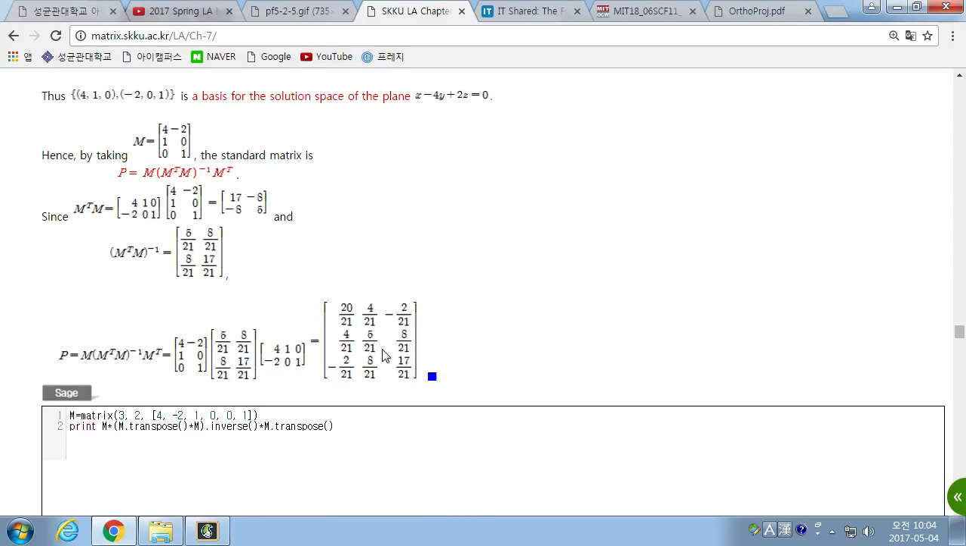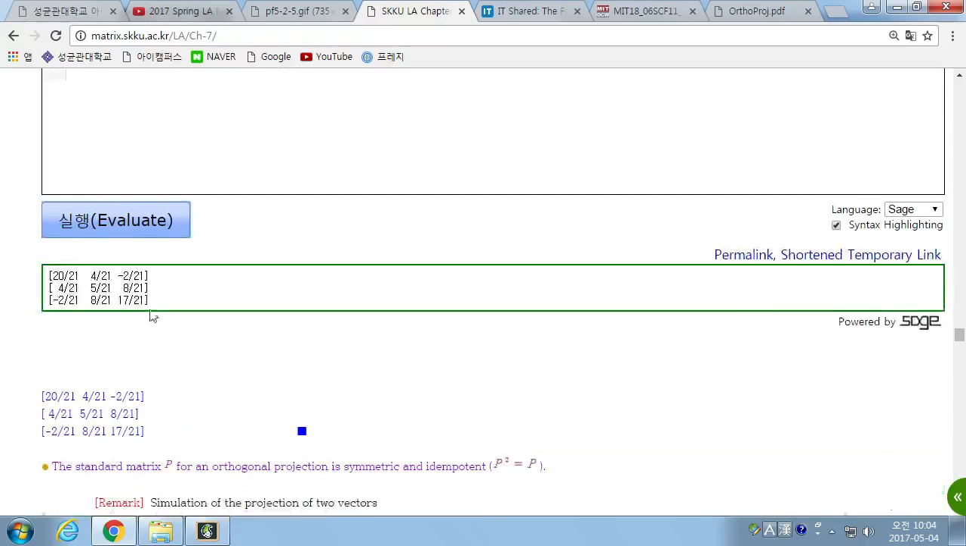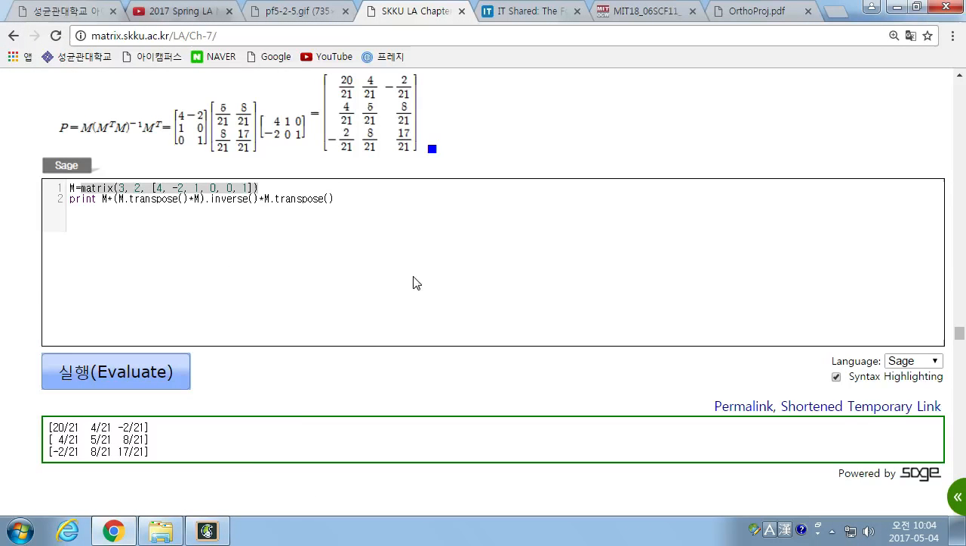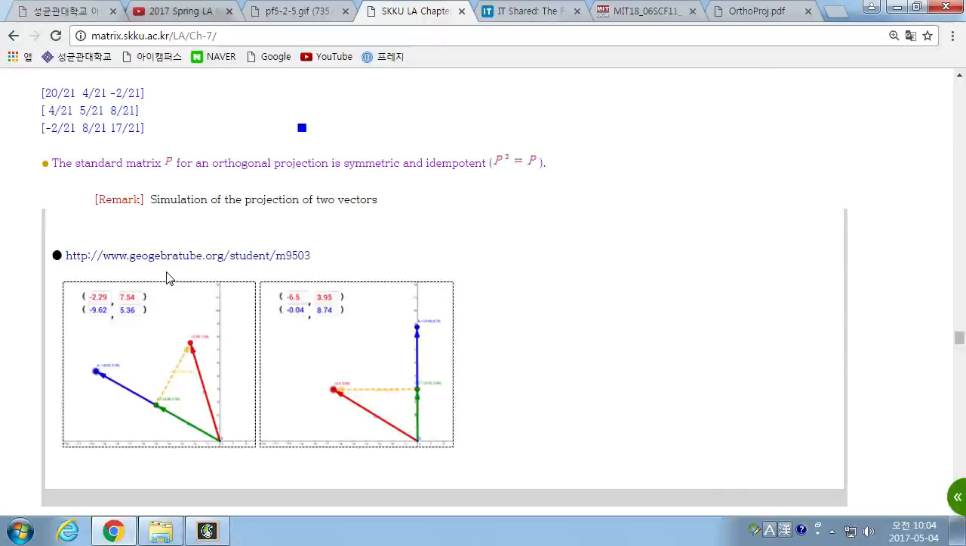This is a projection matrix. This is a standard matrix for the projection in three dimensions. Okay, so here we define a matrix M, then this is the same as what you have. Just simple computation gives you the projection matrix, which is the same as what you have. The standard matrix P for an orthogonal projection is a symmetric matrix. As you see, it's symmetric, and it is idempotent. P squared is